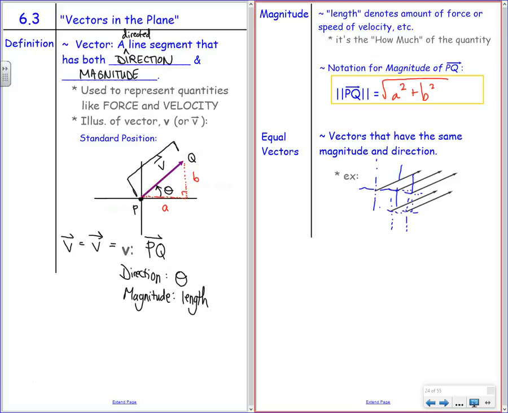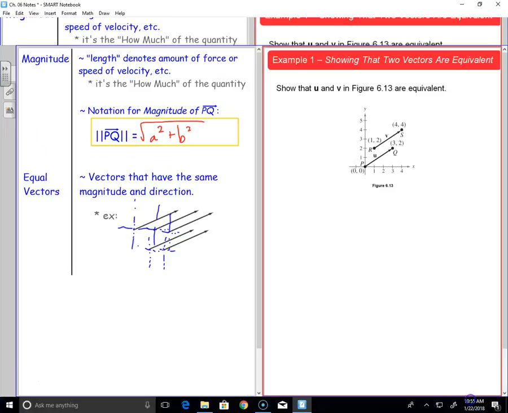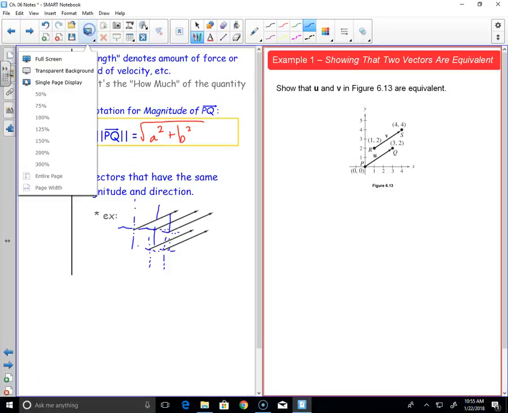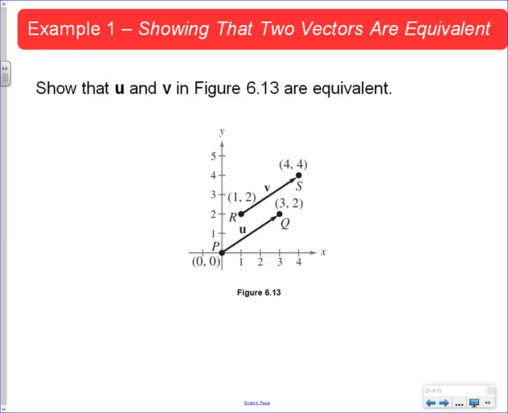And here's another way of looking at it. Vectors, which is kind of crazy, we can actually shift to be wherever we need them. And I'll try to illustrate that a little bit further on. Let's go ahead and look at this example real quick. Shouldn't take us super long. The example is just saying, show their equivalent. There are many different ways of doing this. But the two things that we have to show in order to say that they are equivalent is same length